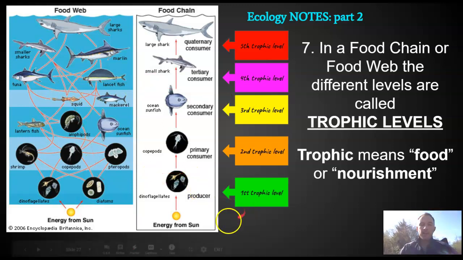And on land, they're plants. In the ocean, they're phytoplankton, dinoflagellates, diatoms, radiolarians. There's a whole bunch of different types of those. But on land, of course, it's plants. And then you get your consumers, so your second trophic level, your third, your fourth, and on up to your fifth. My question I'm going to pose to you is, why are there only 5 trophic levels? Why doesn't it go 5, 6, 7, 8, 9, 10, and just keep going to infinity?